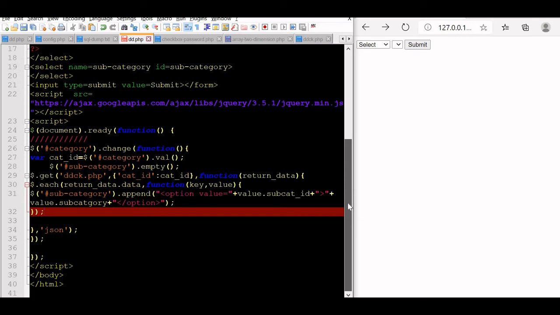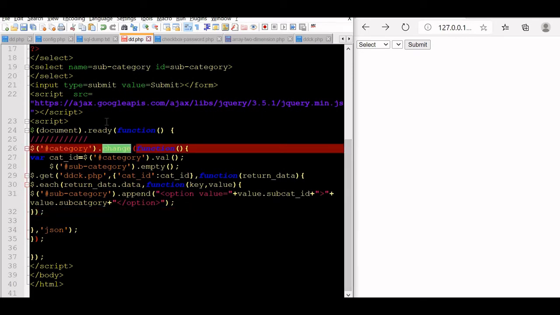Now this much is our JavaScript code. If you are seeing this, here it ends. We have a category change function here. Let's save this and refresh this part. Select fruits here, undefined. Okay, what we did is: subcategory, ddck, cat id. We have sent the cat id. Return data is return data function key value.